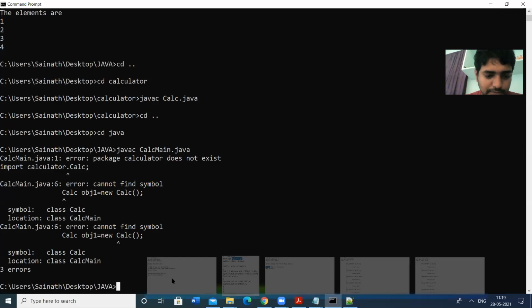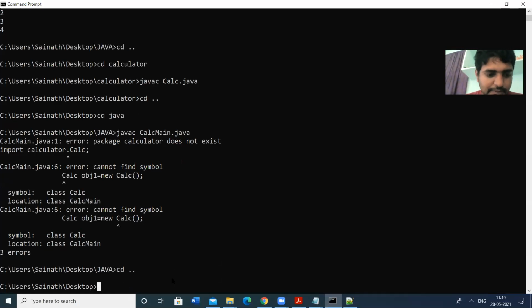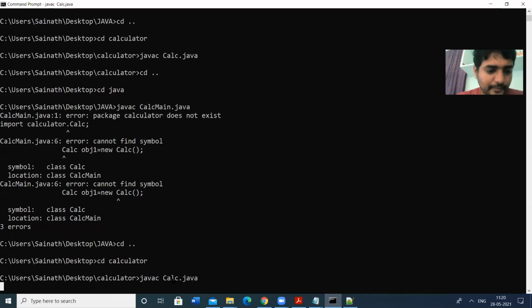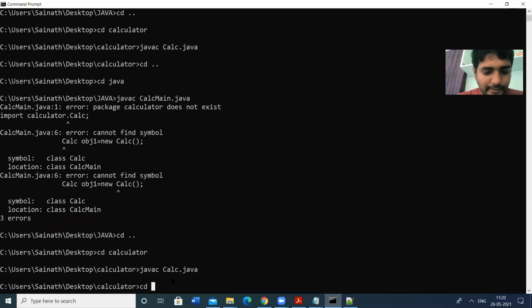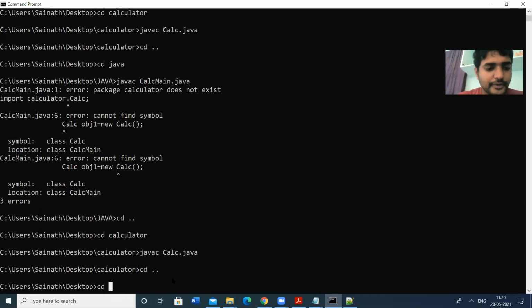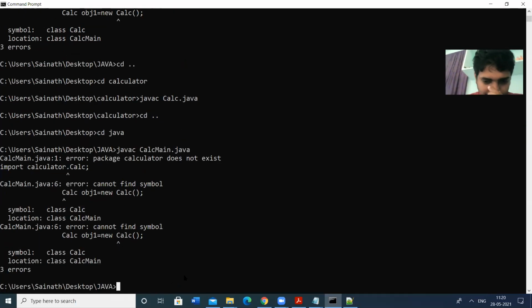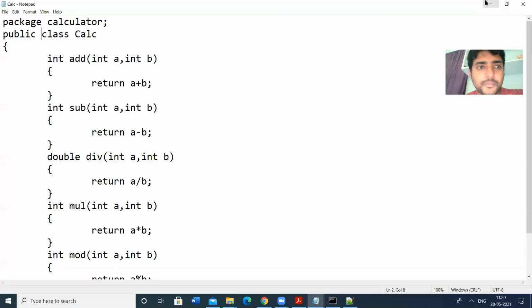And compile. So the folder is cd space, in the desktop we have the calculator. So here I have to compile javac calc.java. So the program compiled. So change the directory to Java. So javac calc main.java. So let us check the application program.